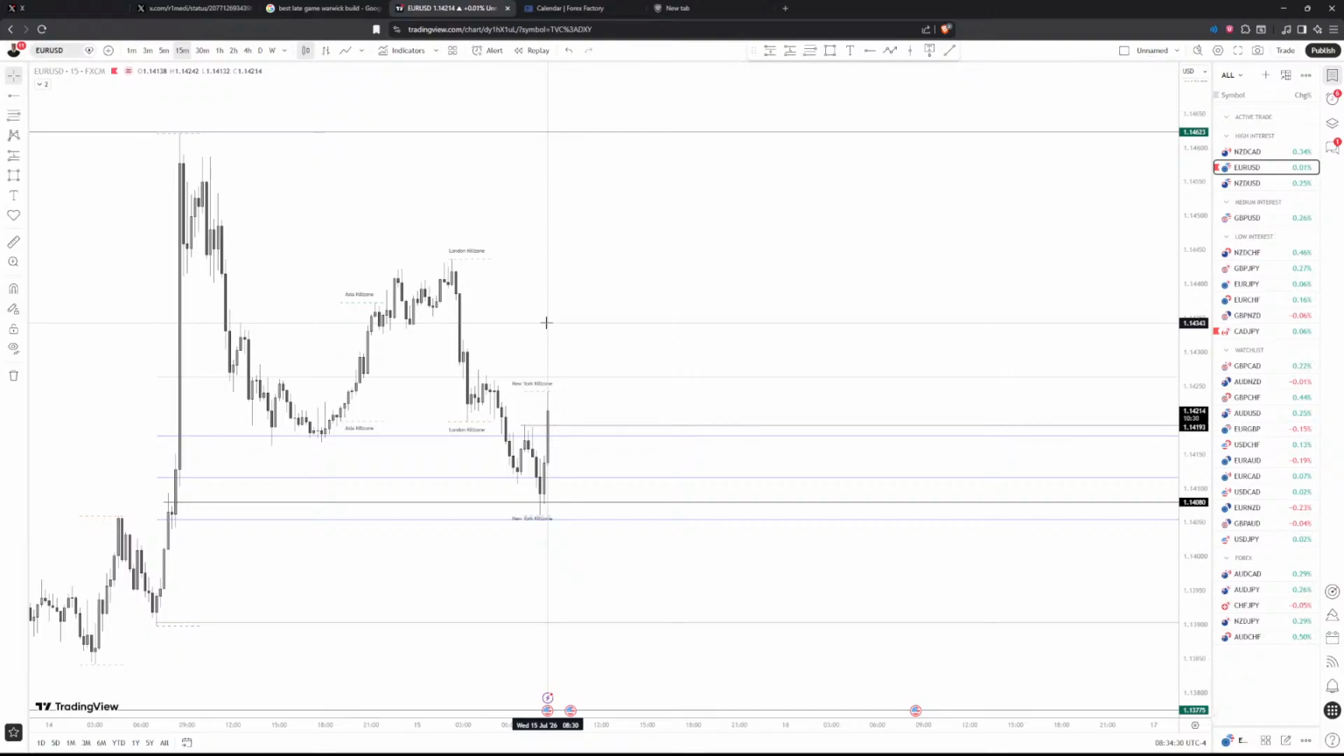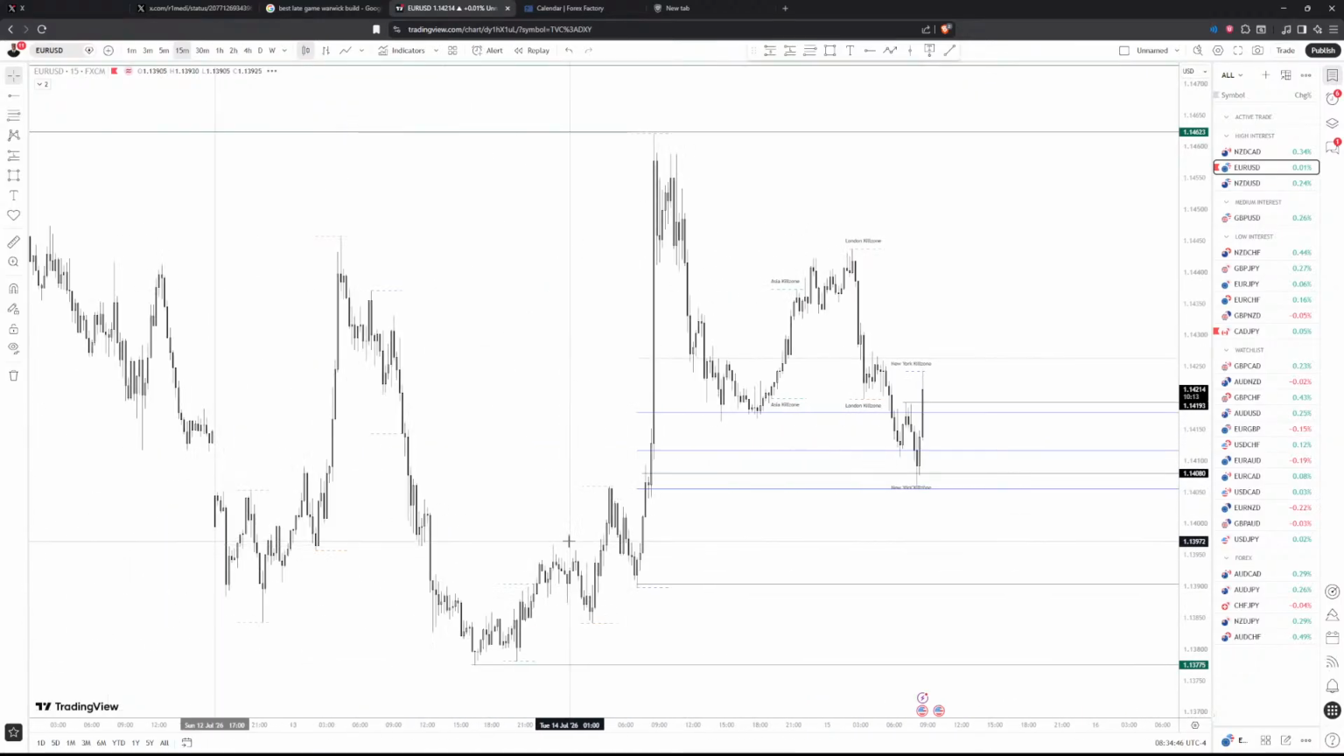Not fake as in it's not manipulation, but fake as in it's not the real manipulation. Manipulation to capture early people that are smart. And once those people are caught, they are added to the retail liquidity. So you need to be extra smart, basically. And the only way to know for certain is to get clear, not maybes, clear institutional